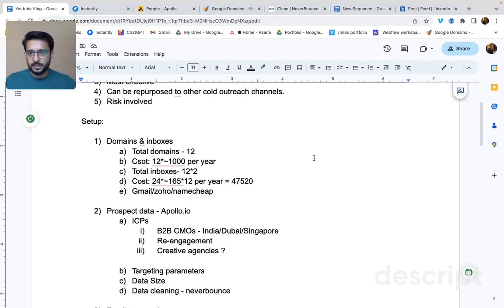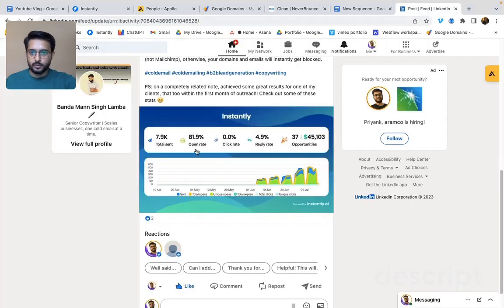So the first thing that we did is set up the entire email infrastructure. Why do you need to set up an email infrastructure? Because email deliverability is an issue, right? So for example, when I showed you our statistics, you can see that we have almost 80% open rates. What it means is, number one, the emails that we have sent have actually landed in the primary inbox of our target audience. Number two is that most of them have actually ended up opening it and reading it. Unless that happens, you will have very little chance of getting a response, right?